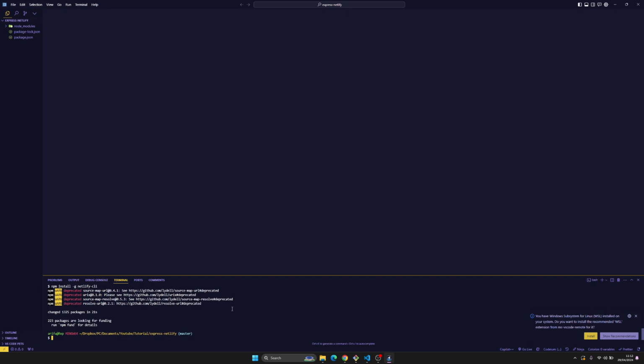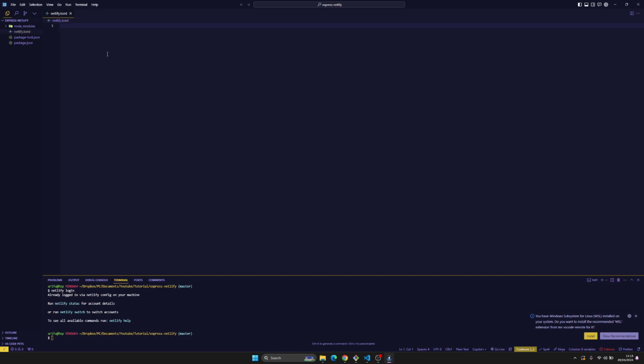Okay, if you have already installed it globally, make sure you have logged in to your Netlify website. After that, just type this command, which is login. Because I've already logged in before, it should be logged in. And okay, so the first thing that you need to do is to create a file called